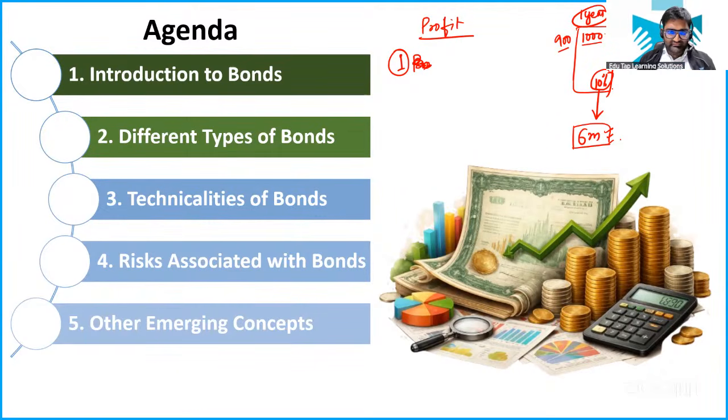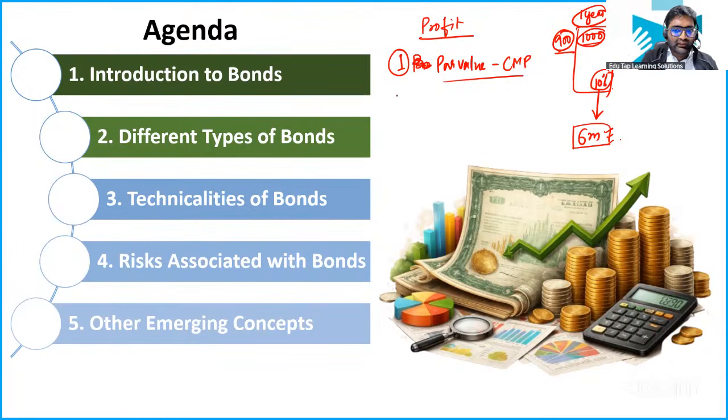Yes, I think 300 is the right answer. Firstly, you bought it at 900. If you hold it till maturity, you will get 1000 at the end. So the first component of the profit that you are going to get is the difference between what? Difference between the par value and what? And the current market price, isn't it? Can I say that? Can I say this is the first part, profit